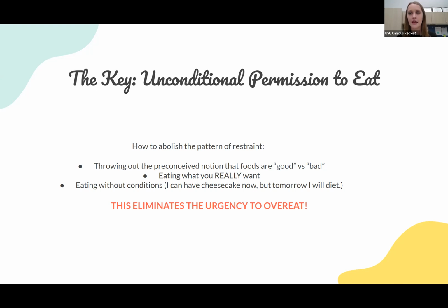Maybe it's a birthday or you're celebrating an anniversary or something special is going on. And then tomorrow, when that event is over, you're like, hey, I'm going to go back to dieting. So I can have cheesecake today because something's going on, but tomorrow I'm going to get back on my diet. So that's eating with conditions: I'm going to eat this now, but my condition is tomorrow I'm going